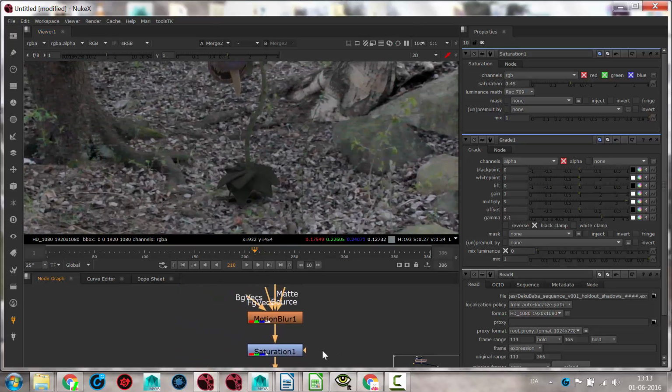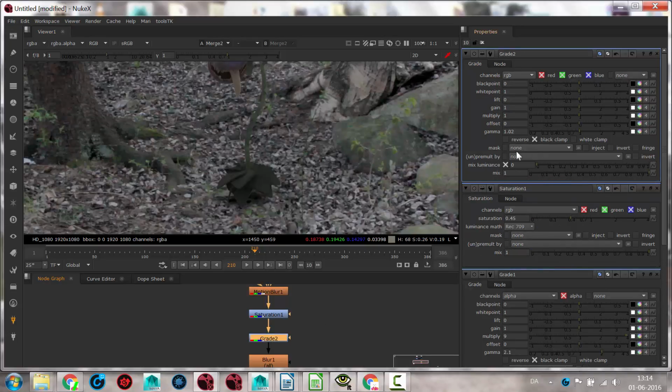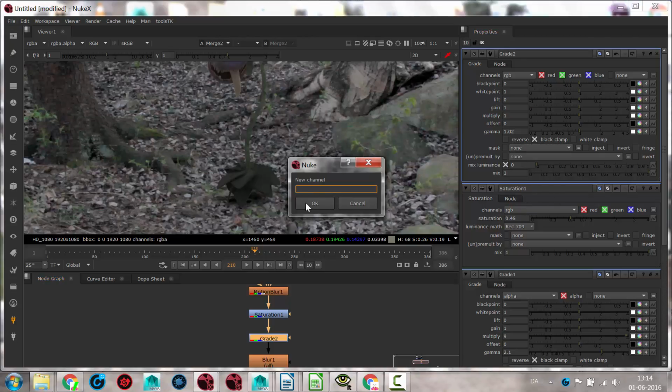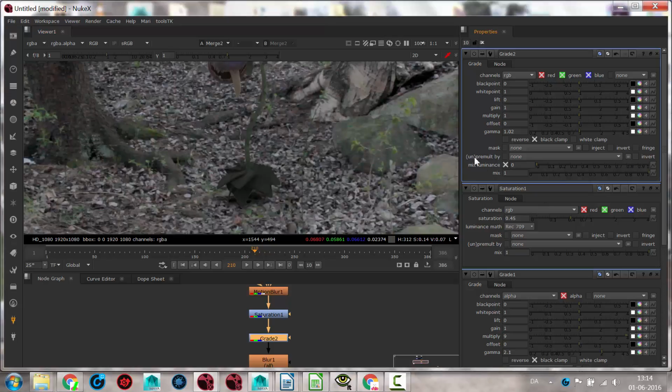So for instance, for the grade here, what you could do is just add a mask. So you can go in here and then just make a mask here. New. So